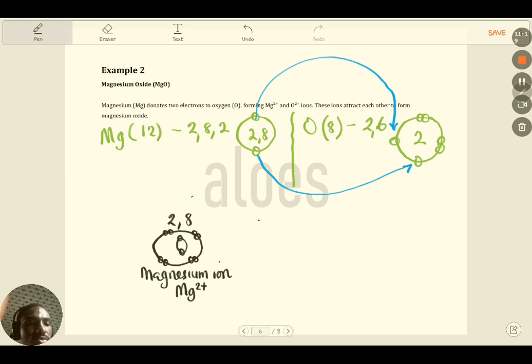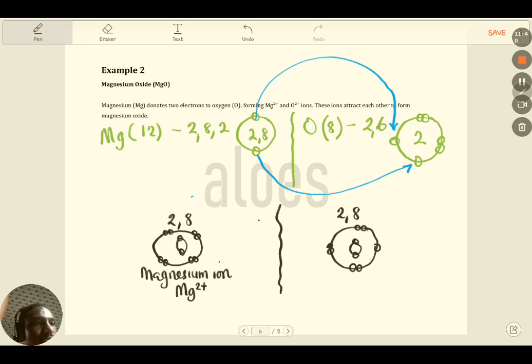It has lost the 2 valence electrons. That's why we have the 2 plus there. And also we have oxygen here, which is now also 2, 8. You see they have complete octet structures. So here I have also 2. So here we have 1, 2, 3, 4, 5, 6, 7, 8. You see now? So here we have our oxide ion,